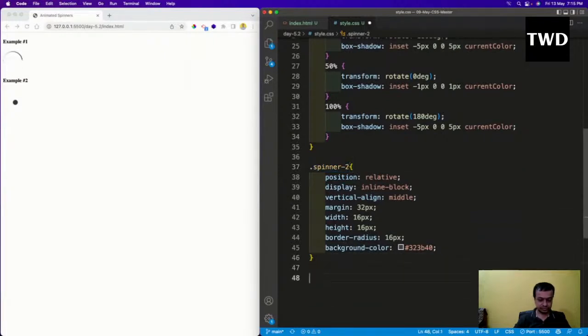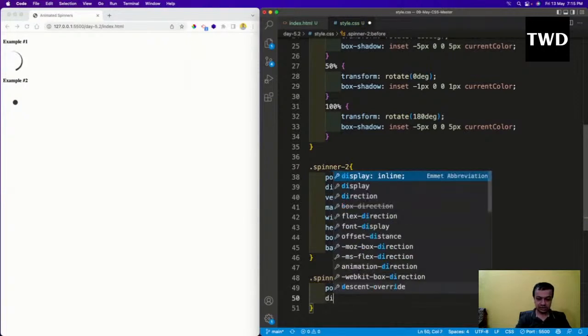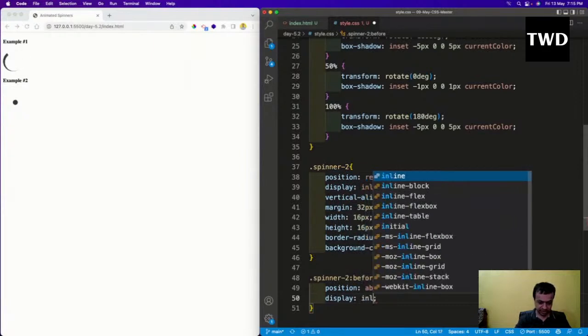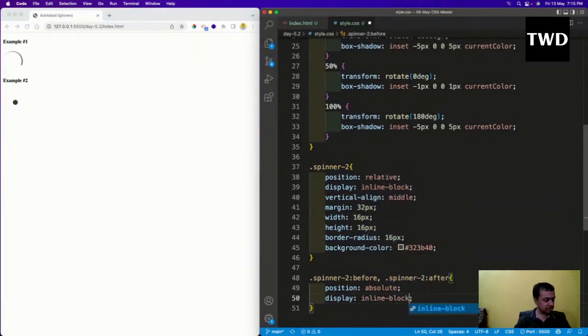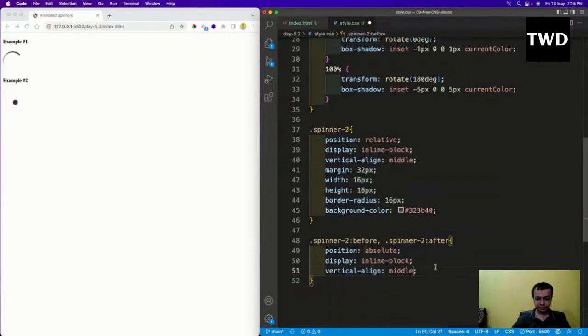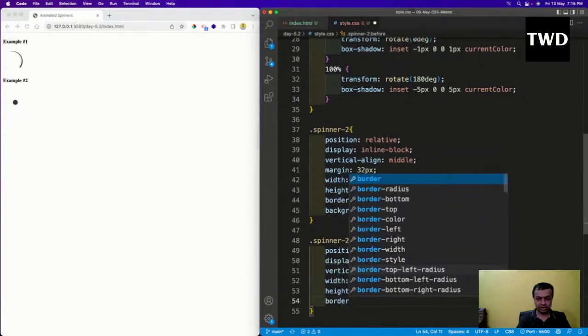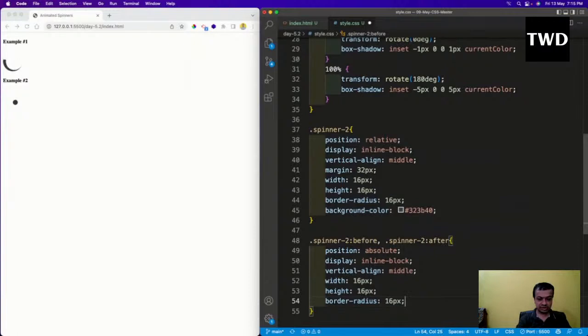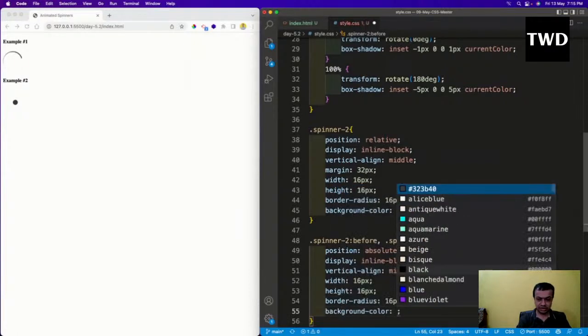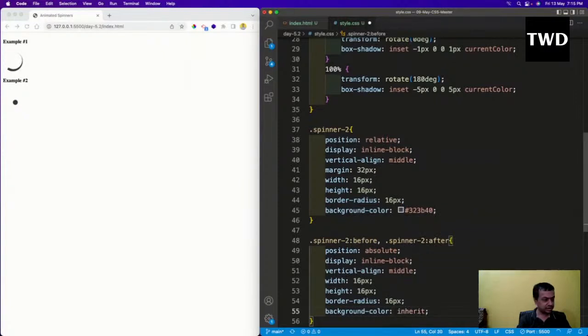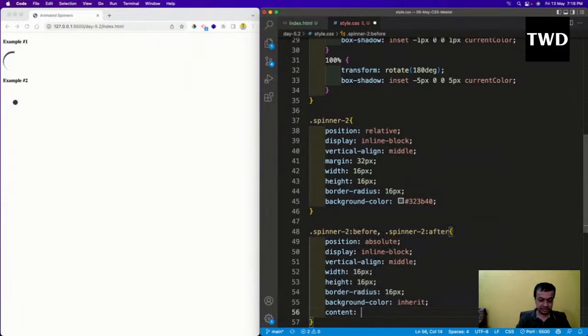before, spinner 2 after I'm going to make, and position absolute, display is inline block, vertical align is middle, and width is 16 pixel, height is 16 pixel, and border radius is 16 pixel, background color is inherit, and content is like this,